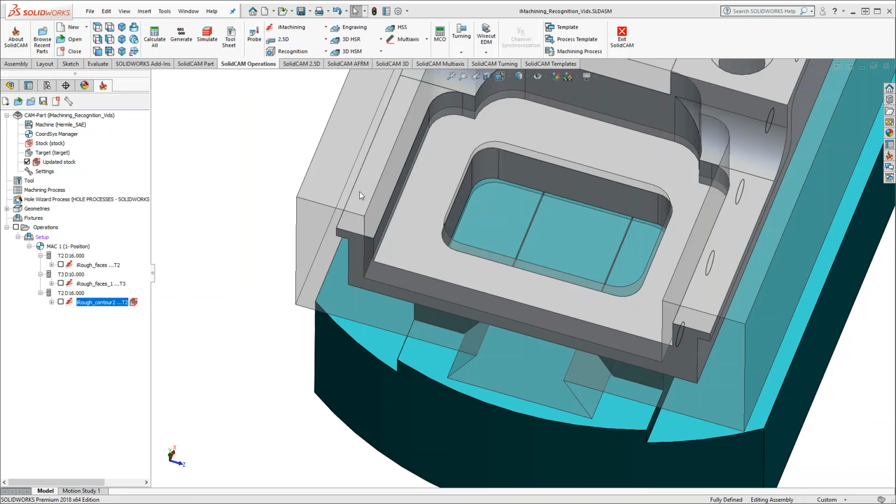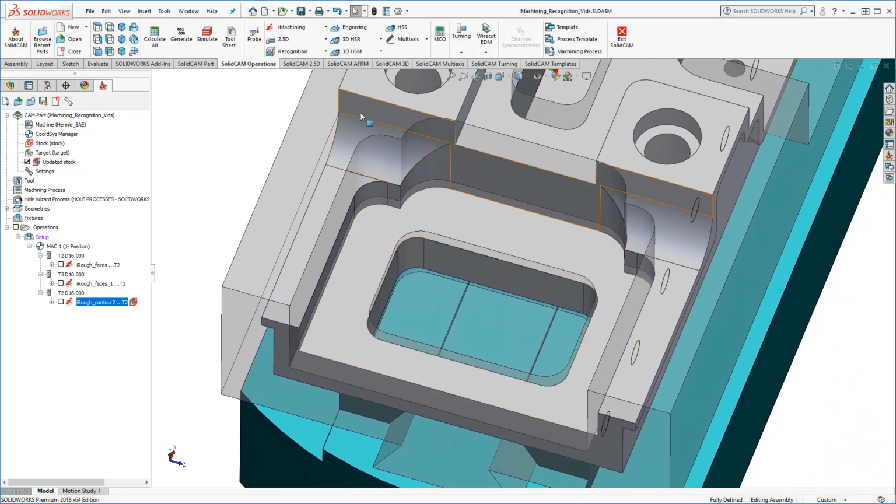Another example I want to show is the side milling of these two sweeping features, again using feature recognition by chains mode. First, with the model orientation the same and using the same SolidCAM coordinate system, I'll define an operation that uses feature recognition by faces to machine away most of the material on top of this face and this face. I'll add my operation,